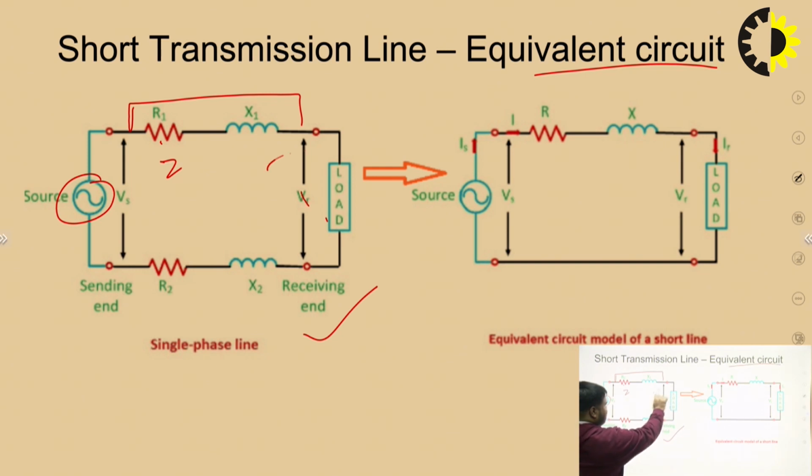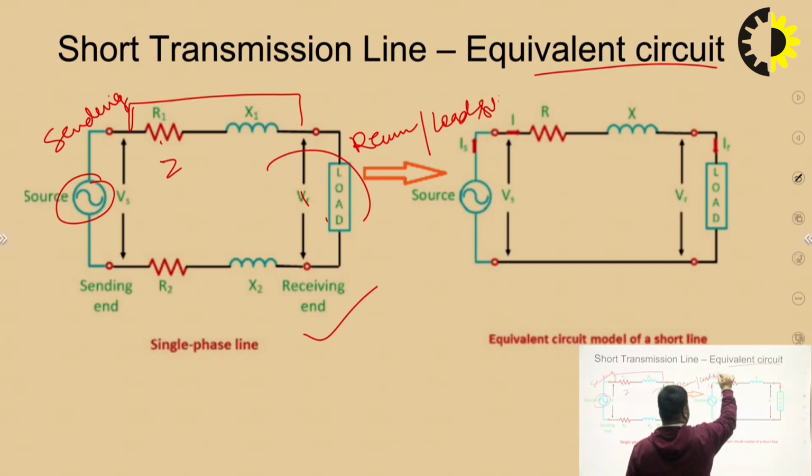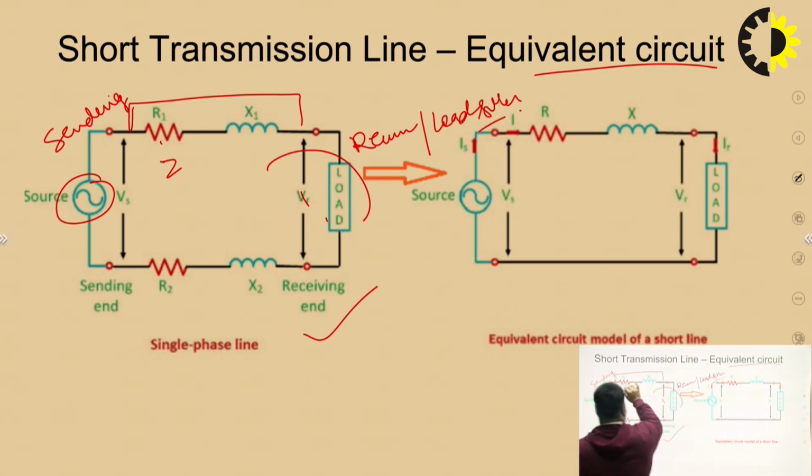This is the receiving side, this is the sending side, and this is the receiving side or load side. R1 X1 and this is R2 X2. This is the receiving end and this is the sending end,